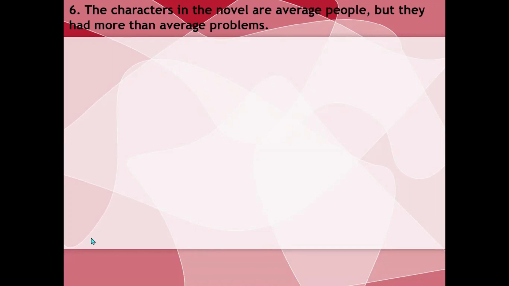Okay, let's get back to number 6. The characters in the novel are average people. So let's check the verbs. We have here are, and we have also had, which are our verbs here. How about the pronouns? We have they. What is the antecedent of they? Characters. You are correct. Do they agree with one another? Are they consistent? No. What is that? So there is a shift in